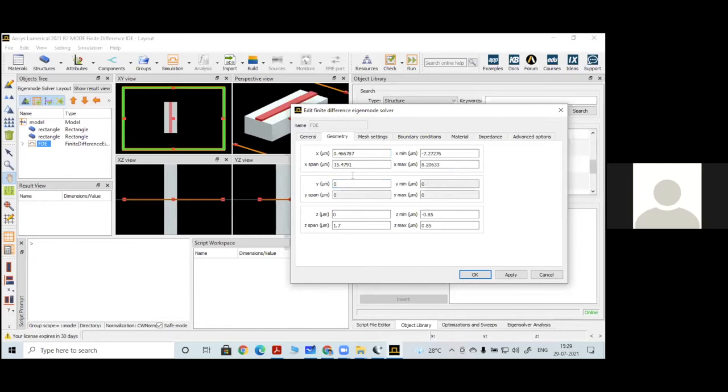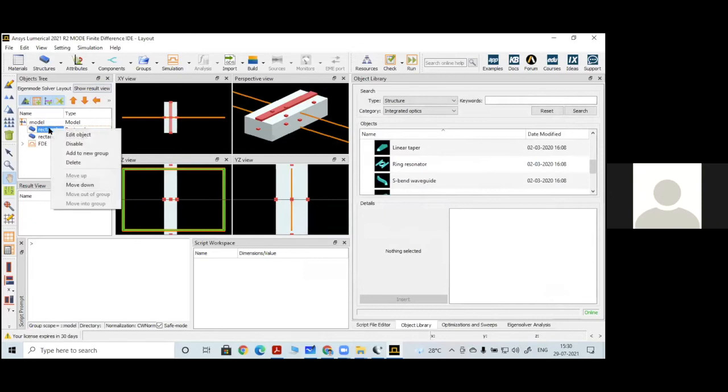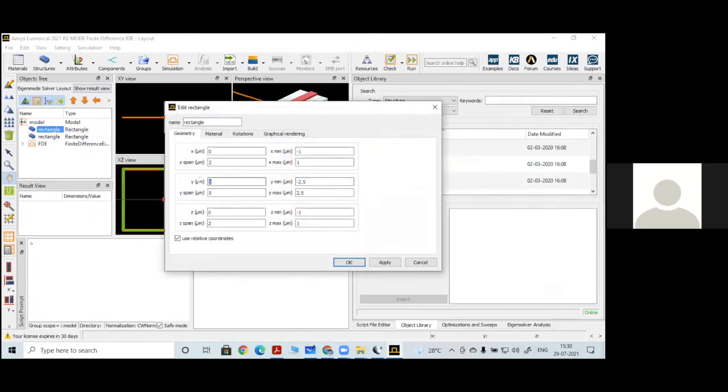The reason is that y is the propagating direction. I will just apply it here and explain why I selected y as 0. If you see both the geometries, your structure is symmetric with respect to 0, both with respect to y as well as x. So this 0, 0, 0 is the midpoint of the entire geometry. The moment I select y equal to 0, the solver will be placed exactly at the center of the structure.